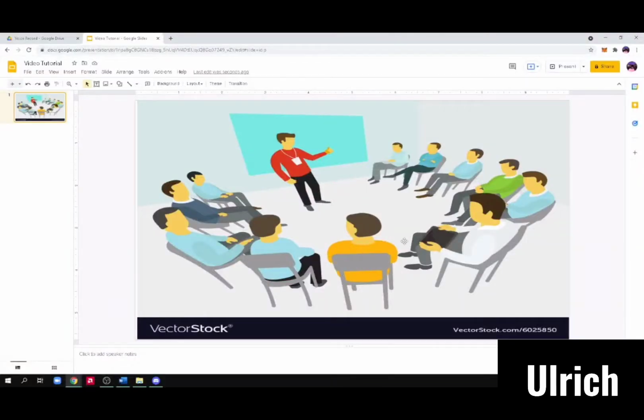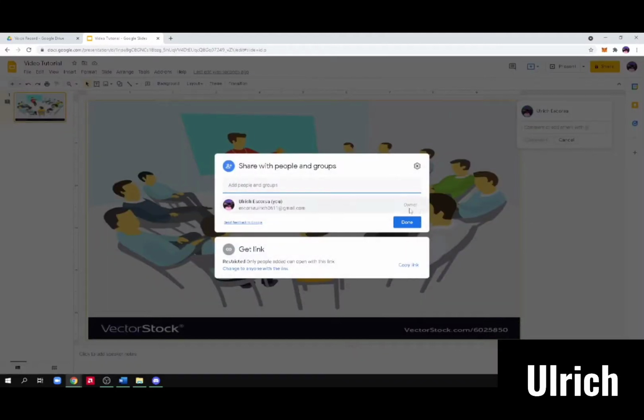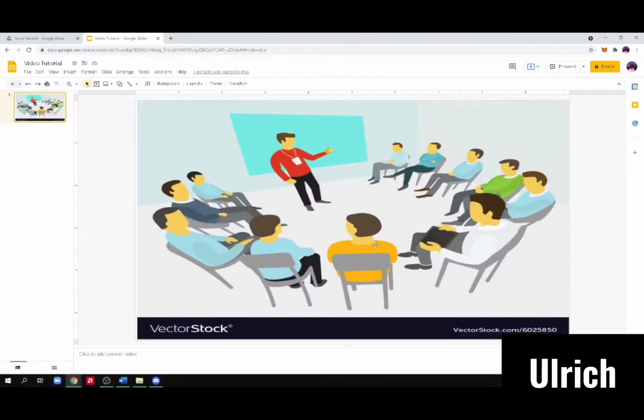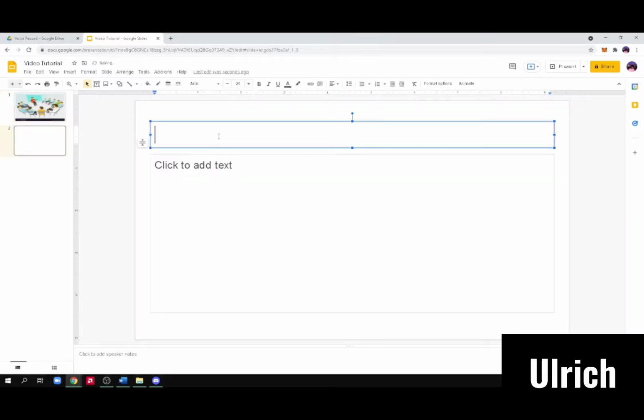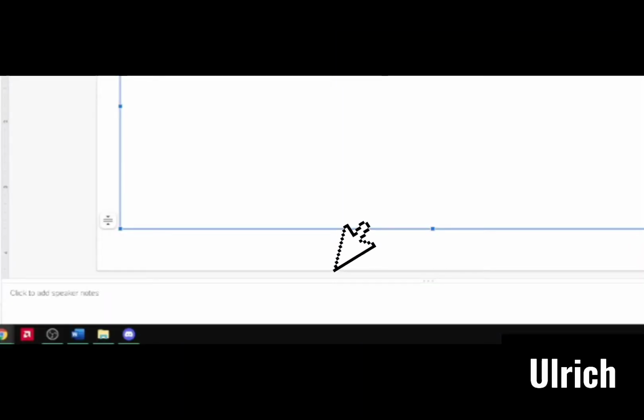Back to exploring the features, in the upper right corner, you can find the comment button and the share button. This will allow you to collaborate with other Google Drive users and manage your sharing options. Of course, it is not only the tools and menus that you need to familiarize yourself with. Within the main view of your presentation, you can locate the slide navigation pane, which shows the list of your slides in the left corner. The text placeholders or preview area in the middle is where you can type text or simply edit the slides. And lastly, at the lower part of the text placeholder, you can see an area where you can add speaker